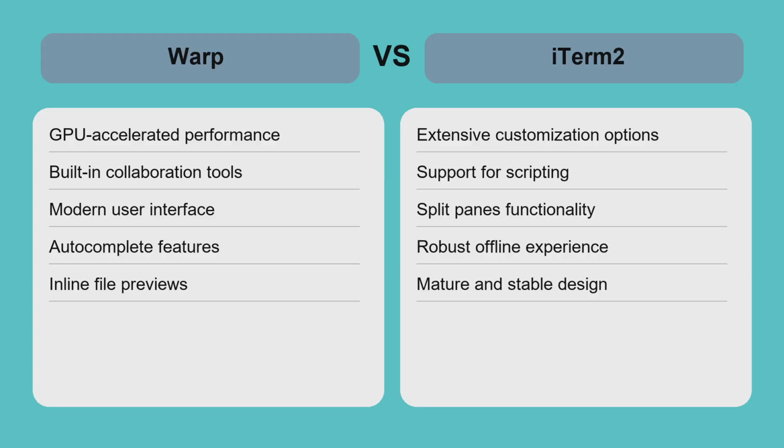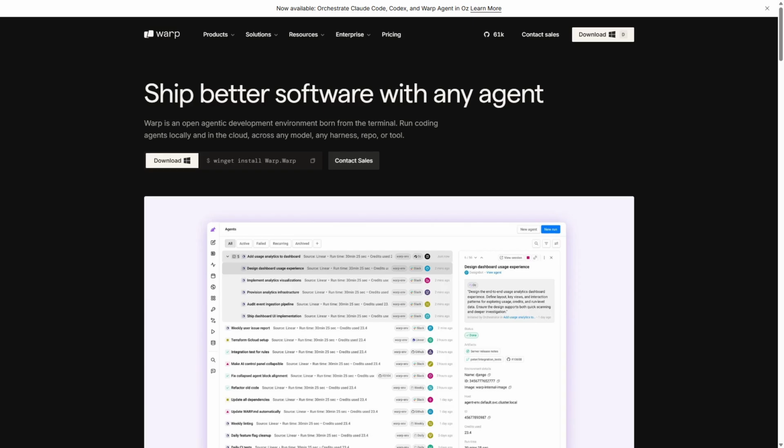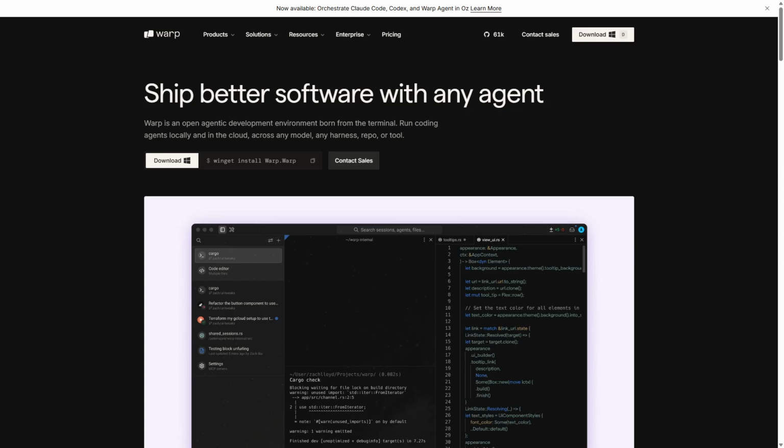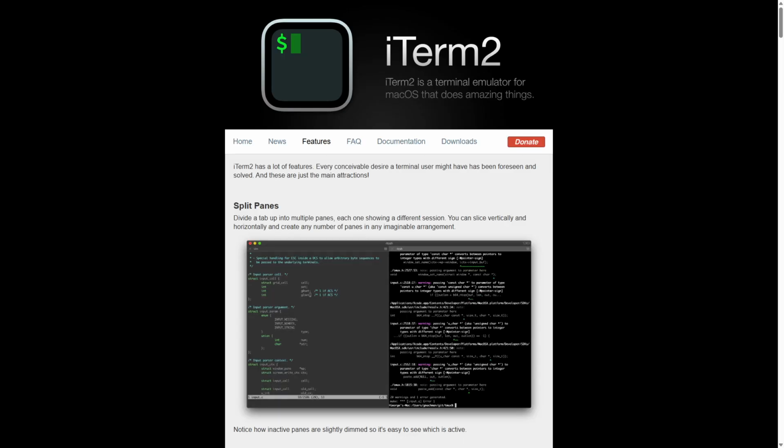For solo developers or those who prefer traditional terminals, iTerm2 provides a robust offline experience. The trade-off is between Warp's modern collaborative approach and iTerm2's deep customization and scripting flexibility. Choose Warp if you want a visually modern, GPU-accelerated terminal with built-in collaboration and productivity features tailored for streamlined workflows and team environments. Opt for iTerm2 if you need extensive customization, scripting support, and a stable, offline terminal experience on